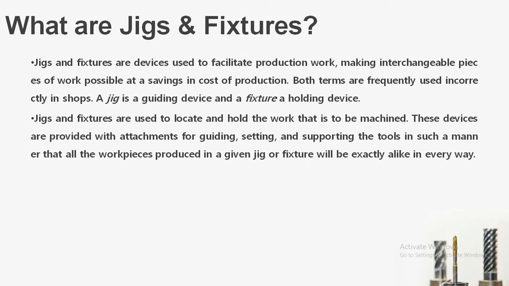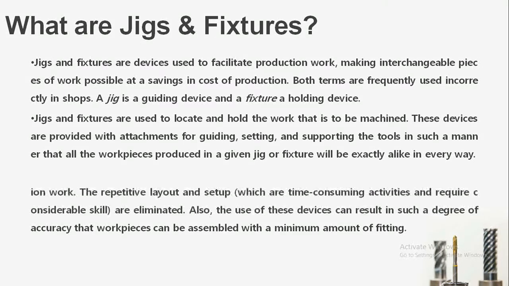Now here, jigs and fixtures are used to locate and hold the workpiece that is to be machined. Also, jigs are devices that are used for guiding, setting and supporting the tools. The major example of a jig is used for a drilling operation, where there are multiple holes or repeated holes of same diameter or multiple holes of different diameter that are to be drilled in a certain workpiece. At that time, a drilling jig can be used. Fixtures also can be used where you have to hold such devices where drilling or any other machining operation is to be repeatedly carried out.